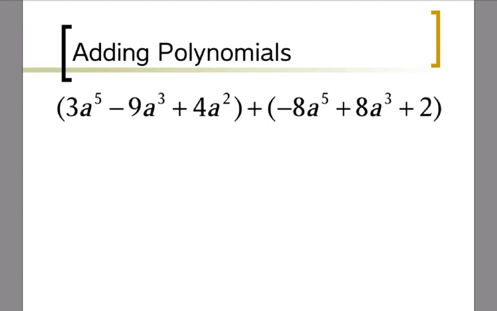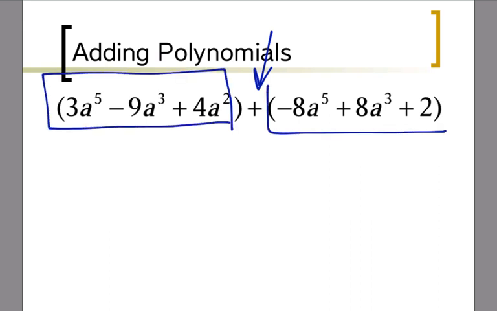Now that we've learned about like terms, we get into adding polynomials, and in the next slide subtracting polynomials, and they'll give us a problem that's in parentheses like this one. Now the parentheses in this particular problem, where there's a plus sign, is pretty much meaningless. I can rewrite it without the parentheses because it's just saying you add this whole group with this whole group,